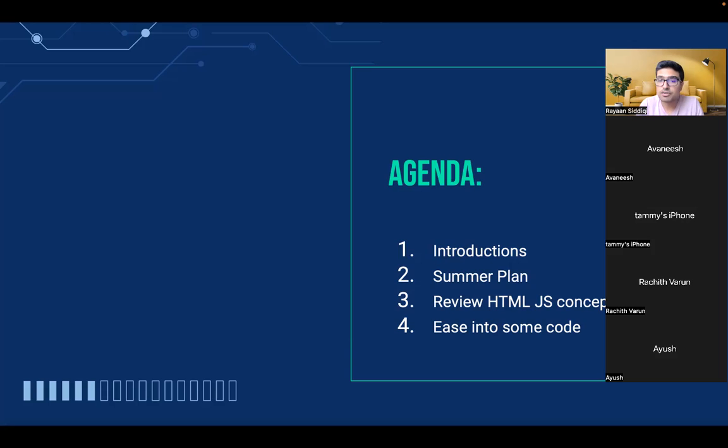Then we're going to start by reviewing some coding concepts. Although we do have a good amount of people here from last year and the years prior, we're still going to do a quick recap of some important coding concepts throughout this first week and next, which is going to be second week as well, just to make sure we're all in the same boat before we start making somewhat of an intermediate project. And then we'll start to ease into some of the code.